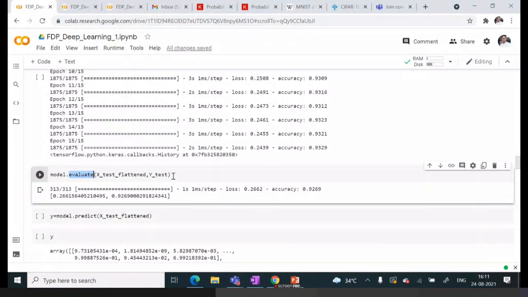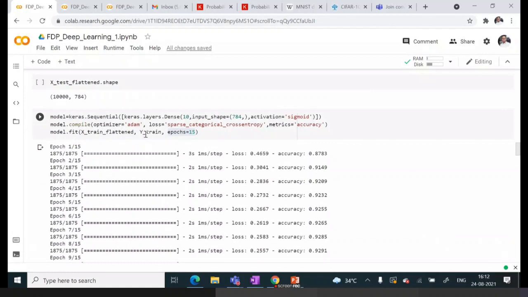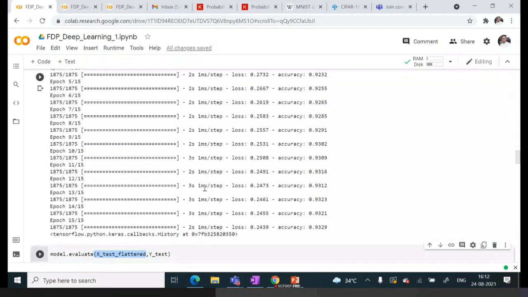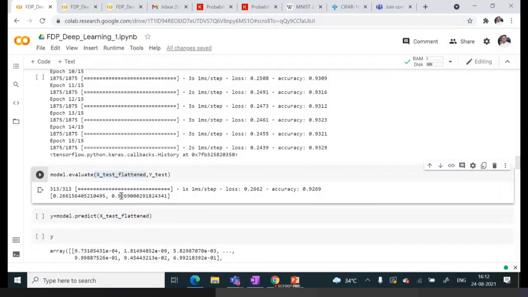accuracy? Because in y test, the correct answer is stored, and in X test flatten, the data is there which is to be provided to the model for the prediction, right? So predictions will be done based on this data, which is nothing but X underscore test flatten. But now we want some mechanism using which we can compare our prediction with the existing answers. So existing answers are there in y test, so therefore we are passing it also. The same thing is true with respect to model.fit also. There also we had provided the correct answers, and now we are getting an accuracy of